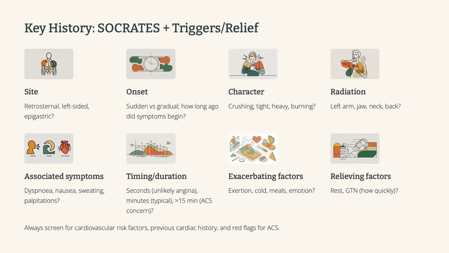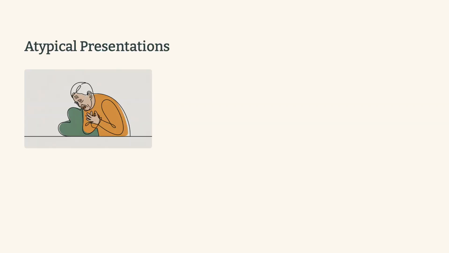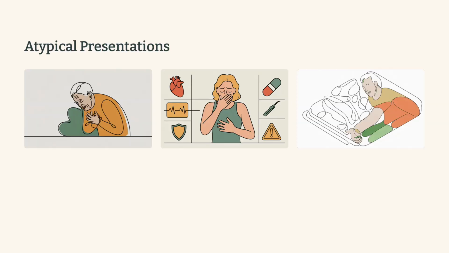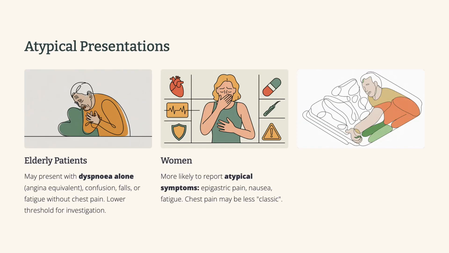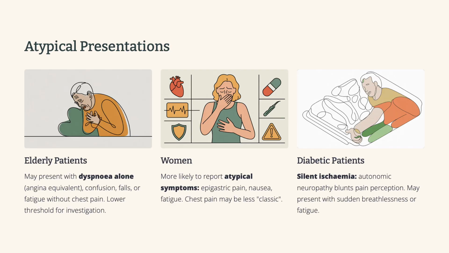Makes sense. But I bet there are some tricky cases too, right? Like what about elderly patients? Do they always present with the classic symptoms? Not necessarily. Older patients might not experience pain as intensely, or they might have other health issues that mask the usual symptoms. I see. So angina can be a bit of a chameleon sometimes. It can. And that's why it's so important to be aware of these variations, especially for the MSRA. They love to test your ability to think critically and apply your knowledge to different scenarios.